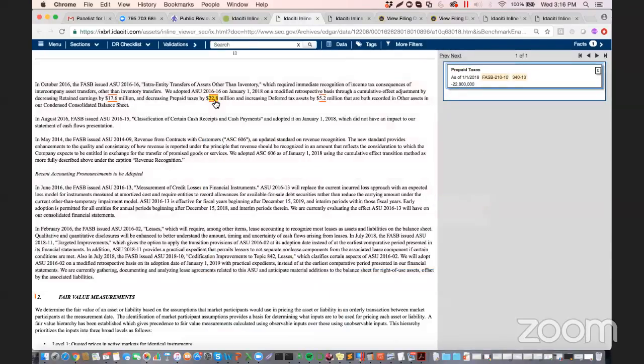So for instance, you can see here, clearly the company's tagged this 22.8 million as a negative value and flagged a DQC error. But if you read the context of this value, it's really because they've had some sort of opening balance adjustment as a result of applying the ASU 2016-16. So rather than tag it as a negative value just on the prepaid taxes element alone, they should have dimensionally qualified because it's the impact of adopting the 2016-16